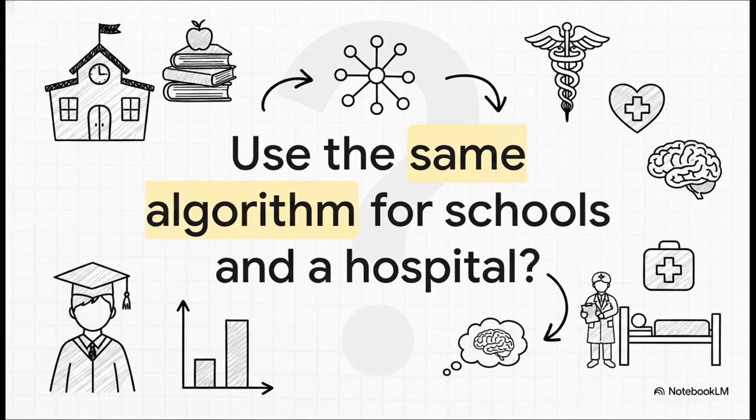I want to leave you with this provocative thought to really apply what we've covered today. Would you choose the exact same machine learning algorithm to run a school grading system predicting at-risk students as you would to generate a life-or-death medical diagnosis for doctors? Think about the stakes, the need for explanation, the complexity of the data, and those real-world outcomes. Once you understand that those two scenarios require entirely different AI candidates, you truly understand the art and science of model selection.